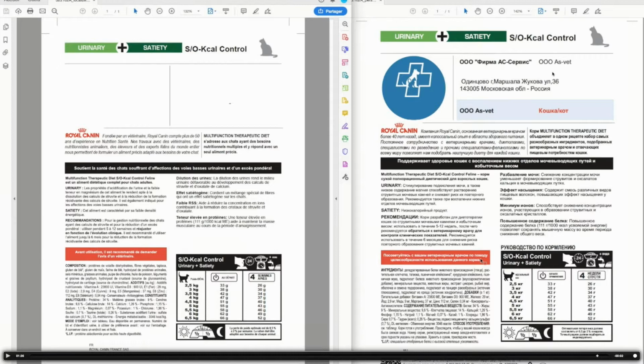And based on that, Royal Canin addressed two things. First, the ability to put in place a new range of products that are multifunction. Second, the ability to address the relation of their prescriber, that is the veterinary, with their customer, where instead of